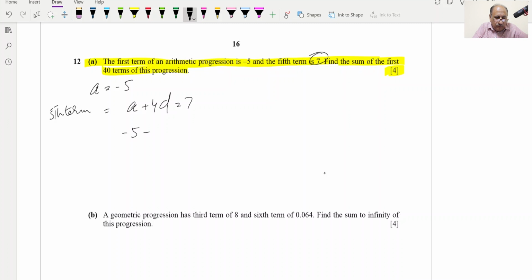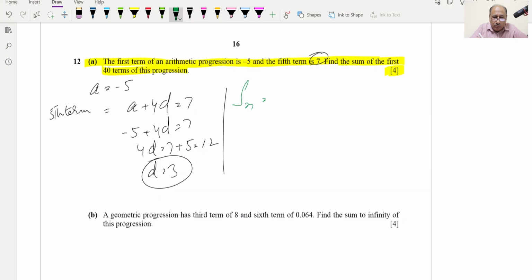It will be minus 5 plus 4d is equal to 7, so 4d will be equal to 7 plus 5, which is equal to 12, so d will be equal to 3. So d is equal to 3 we got. Now we can apply the Sn formula. Sn will be equal to 40 by 2, into 2 times minus 5, plus n minus 1, so 40 minus 1, into the d value, which is 3, and this can be simplified to